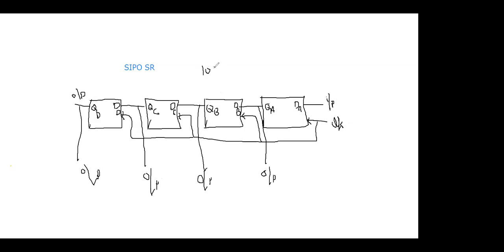So due to that, if you are having the same data 1011, after 4 clock pulses this 1 is coming here, this 0 is coming here, this 1 is here, 1 is here. Now if you are extracting all the data, the resultant data we are going to get is 1011 after 4 clock pulses. That is, if you want to send 4-bit information, you need only 4 clock pulses. Is the number of clock pulses reduced or not? That's why the propagation delay also reduces if you are considering this serial in parallel out shift register.